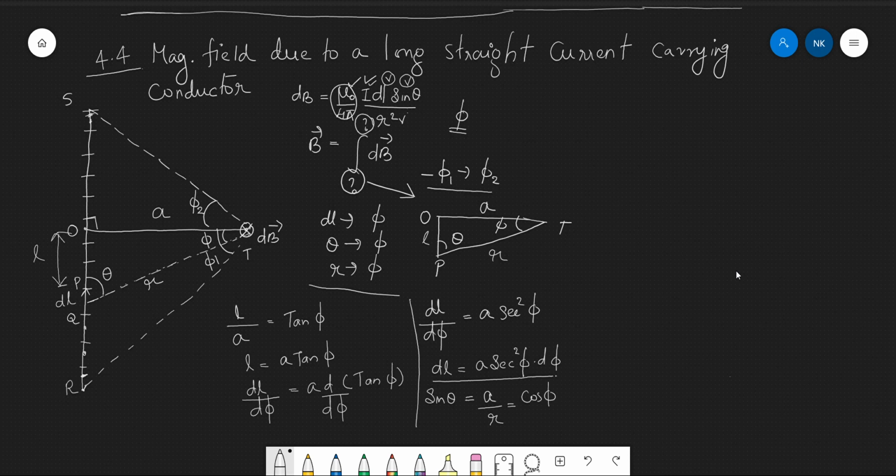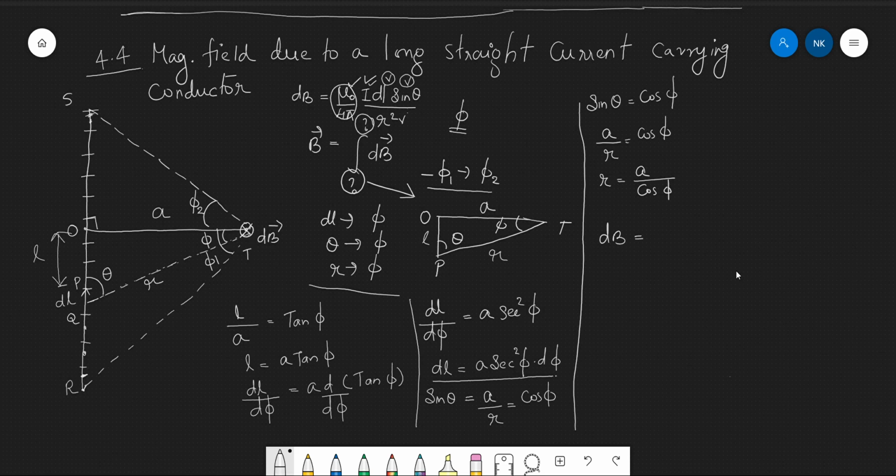So I can write sine theta equal to cos phi, and from the relation a by r equal to cos phi, I am getting done with small letter r as well, so r is a by cos phi. So after the conversion,